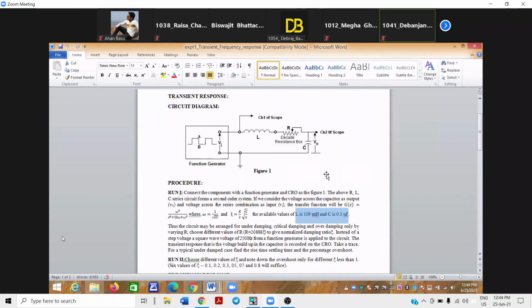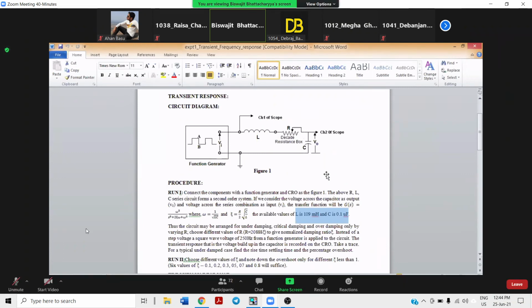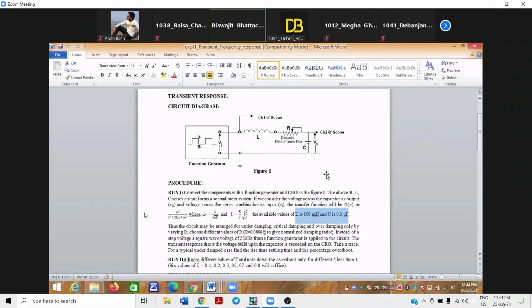Okay, we can do all these things. But you can ask one question: how do we do all these things? Practically we cannot do this. In software, everything can be done. Actually, you have one software with you now, the ORCAD release 9 software, ORCAD release 9.2. So I will show you how to use the software today.